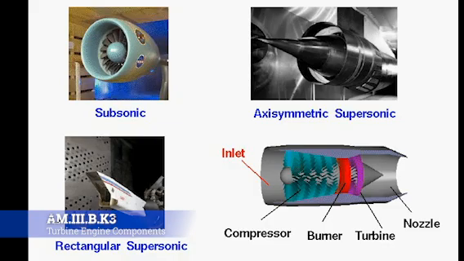You start to see these other cowlings come into being. So you have a rectangular supersonic cowling there, and then you have an axisymmetric supersonic cowling up top that you see on the SR-71 or whatever. Those air inlets are designed to create shock waves to penetrate the air at certain speeds in certain ways, so that it will actually be able to be compressed. So this is the first stage of the whole turbine concept, the air coming into the